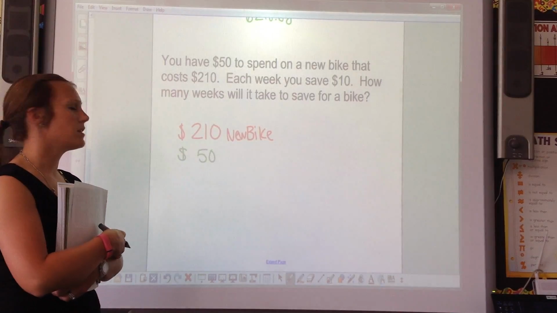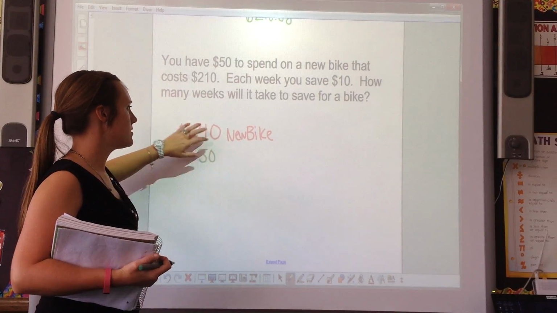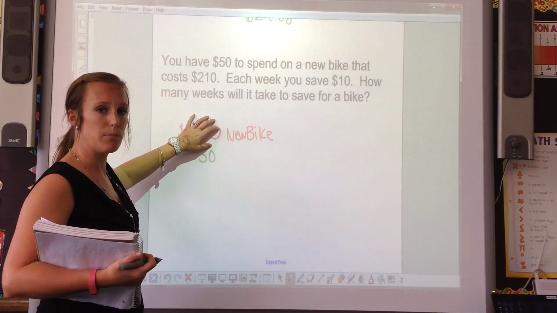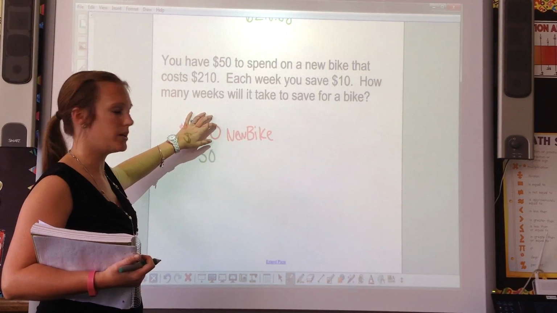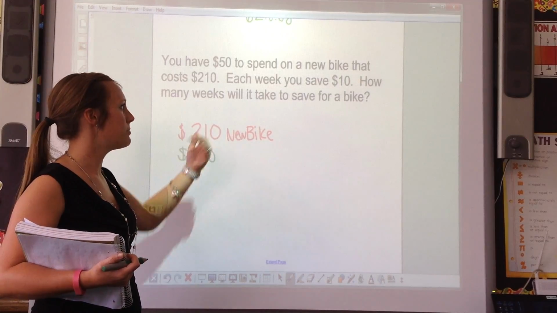So this also looks like a 2-step problem. Here's my plan. I'm going to subtract my allowance, the money that I already have, from the total bike cost. That way I know how much more money I need to get. Then I'm going to divide it by $10 because